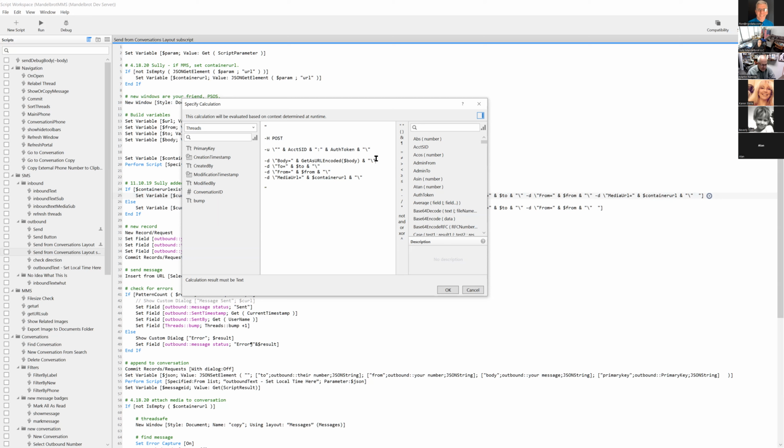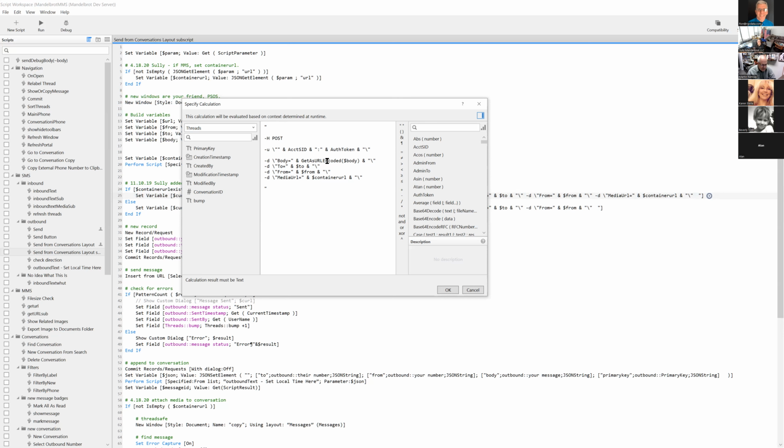So when you're sending the body, it's this little small d and then body, and get is URL encoded body. Why get is URL encoded? Well, we're sending this basically through something like an address bar on a browser. So it's got to be URL encoded.